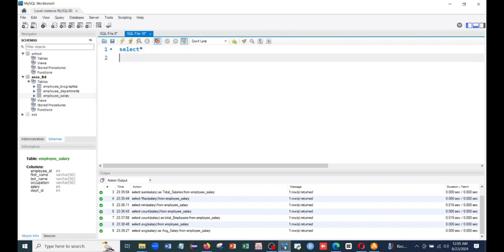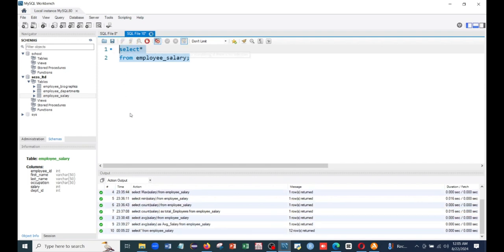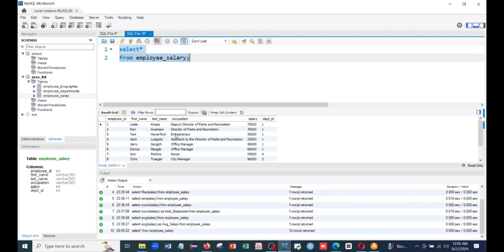We first want to take a look at our table, which is the employee salary, and then we execute it. You see, there's the employee salary table. It entails the employee first name, last name, occupation, and then the salary also alongside their department. Now what we want to do is to